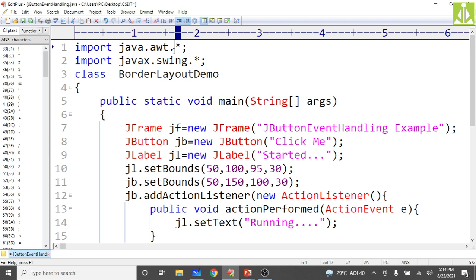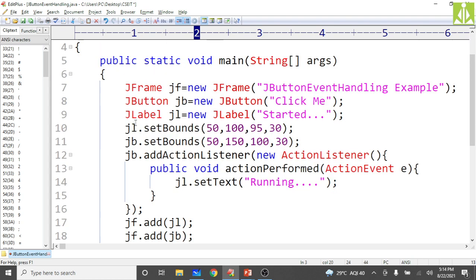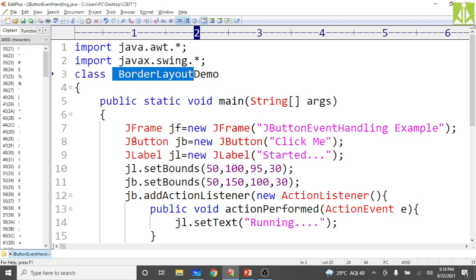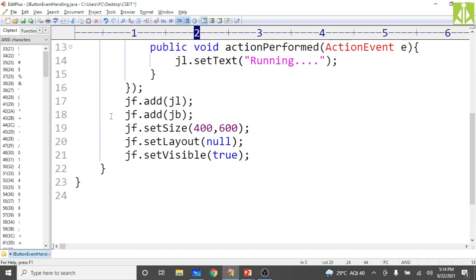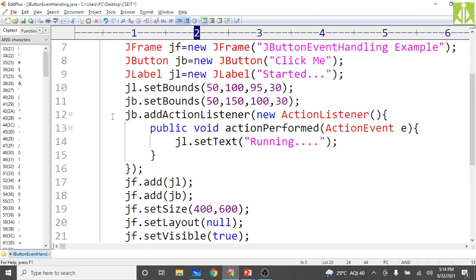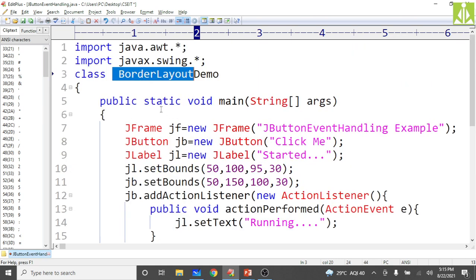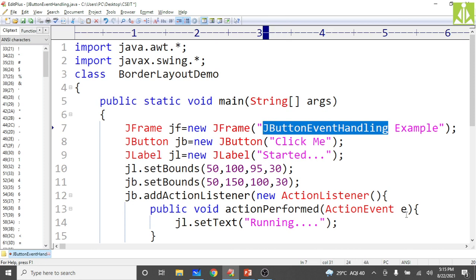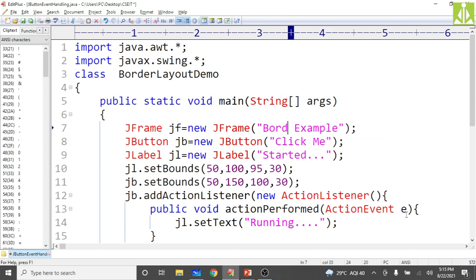So in order to make this border layout function, you need to import java.awt.*, and whatever components I put inside this border layout will be swing components, because now we are familiar with swings. I have changed the class name, and inside the PSVM I'm creating a frame. This is the border layout example.